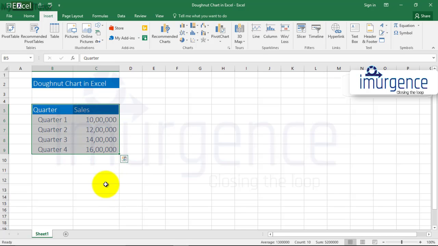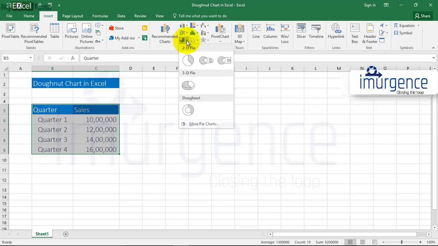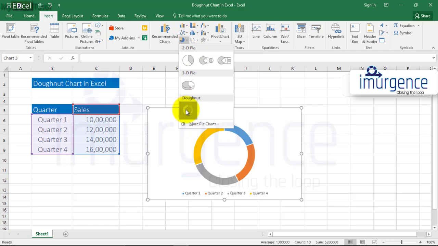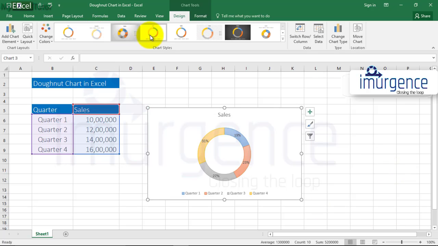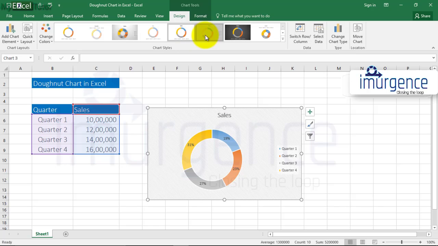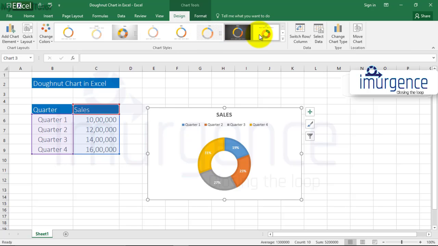How do we create a donut chart? Well, we select the data, we go to insert, and in this icon we select donut chart, and the donut chart is ready. From here you can select the various designs that are already there, and you can customize them